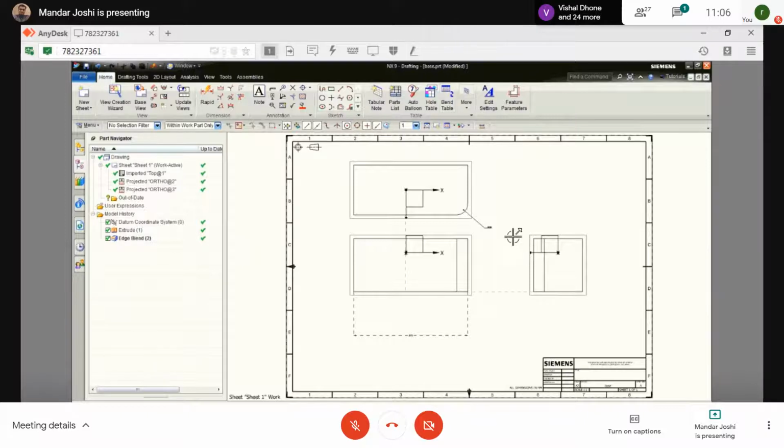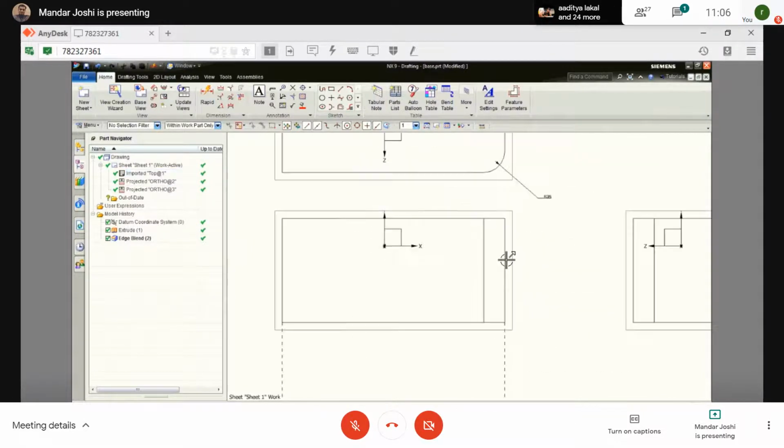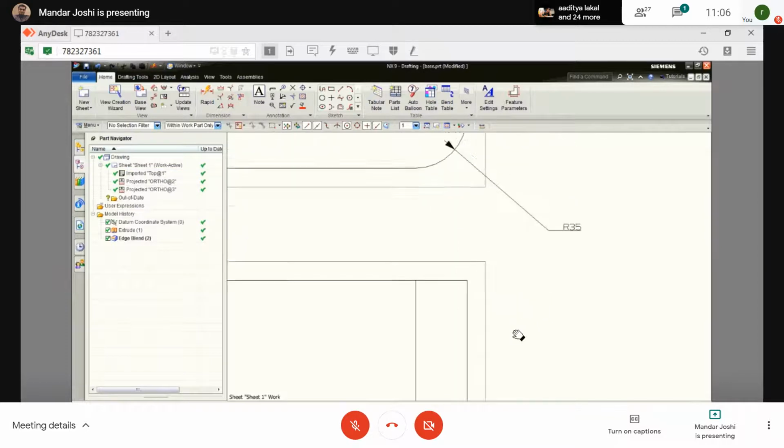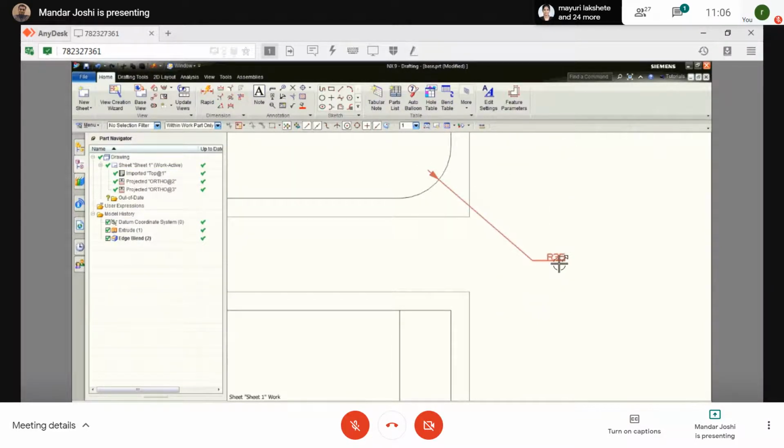Are you observing this horizontal text? This shows its leader. Last time the leaders were not indicated. Okay, I think we have to change this little setting here. The size is very small for the dimensions. I think the size I am taking is 8 mm. You take more than 8 mm.